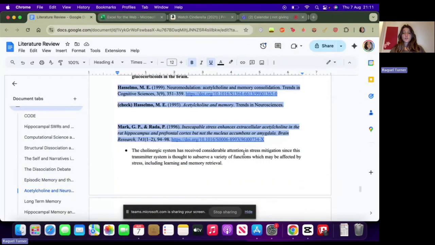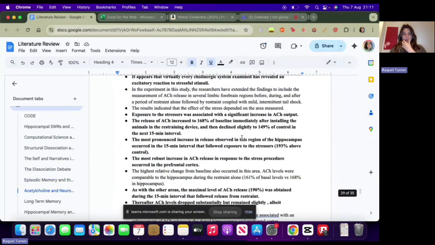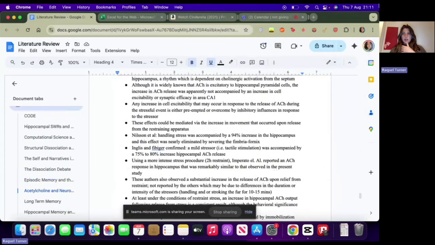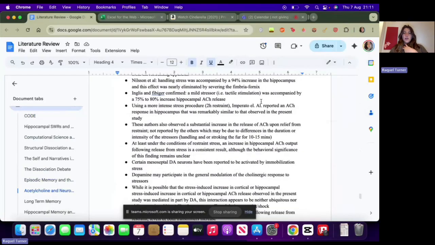I actually felt really, really good today, though, because I had done most of this one, the inescapable stress in rats text. And this is one of the ones that I'm really going to base my model off of, like my method section, because it's really, really good. Basically a biological model saying exactly what I'm saying. It was actually good today because I was finishing everything up and I started to get excited again because I was reading more things that I think I glazed over the first time around that are useful for me now.